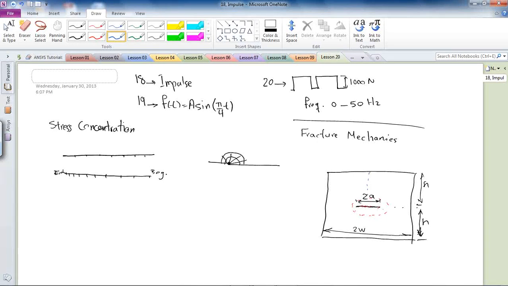So if this line and this line are showing me a symmetry, I can model this quarter of this sample and define 5 key points, and this is going to be here. So I have 5 key points, and I can have lines that are connected from each key point to another key point. And at this point I have stress concentration,